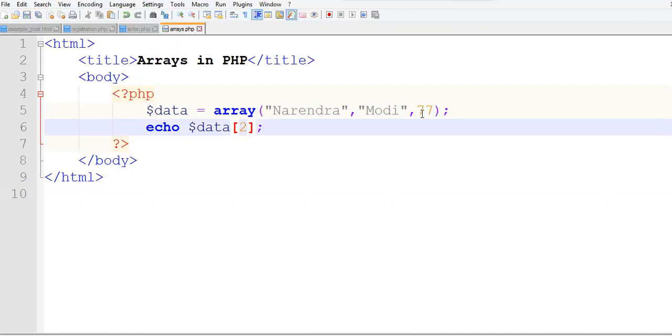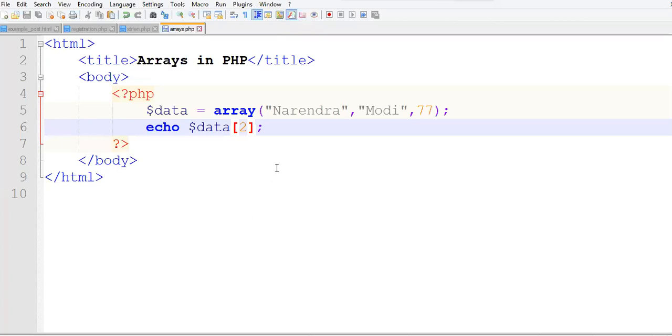At index 2 we have the value 77. Yes, we are getting the value. Now this is one way of creating an indexed array. This method is called creating an indexed array automatically. That is, the index values here are automatically taken.